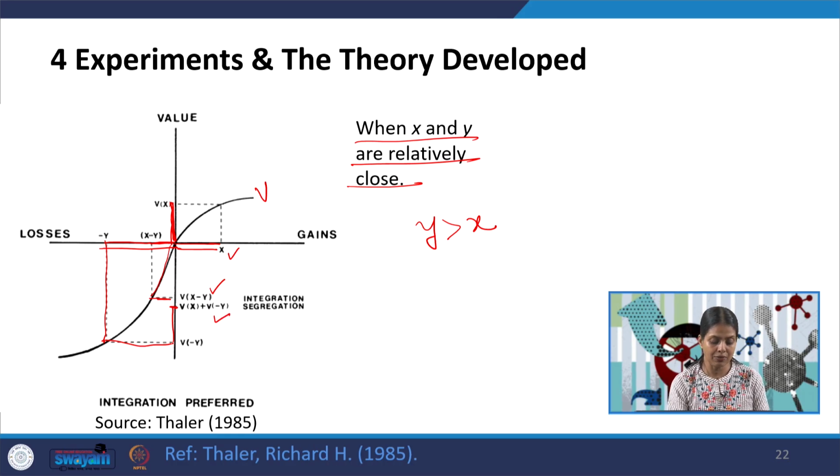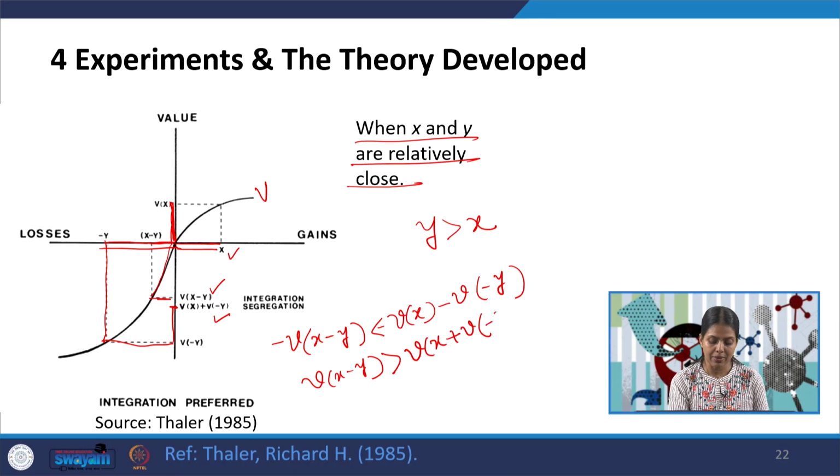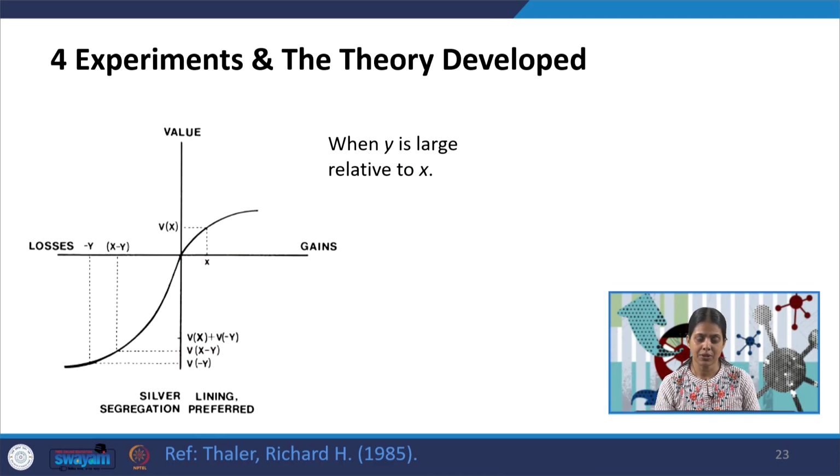Now, you can see that both of them are in the negative domain. So, one thing I can say is that minus v of x minus y is less than minus v of x plus v of minus y. Alternatively, it shows that v of x minus y, the value, is greater than v of x plus v of minus y, right? So, that is why we would be preferring integration. Now, this is with respect to the situation when y is large relative to x, or x is small relative to y. You can see that the gain has been pretty small, the loss is very large, which is basically the final case